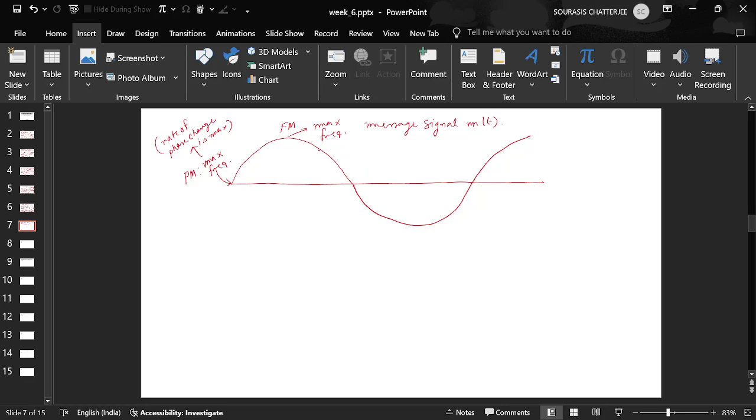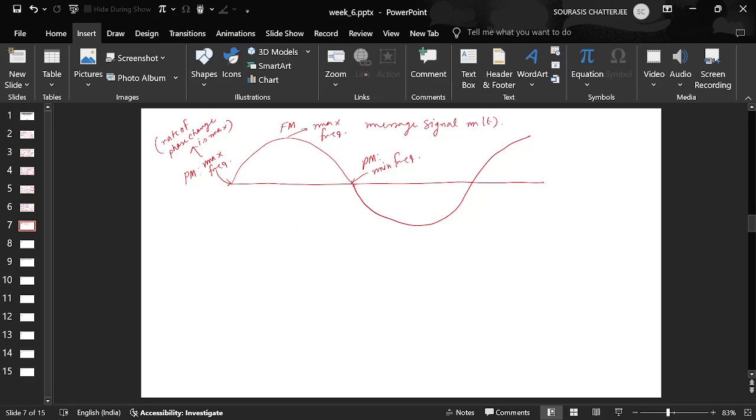You can see here the phase changes from positive to negative. So the rate of phase change is the minimum here. Rate of phase change corresponds to instantaneous frequency in a phase modulated signal. So this point corresponds to the minimum frequency for the phase modulated signal. Also remember at this point your mt is 0 here,